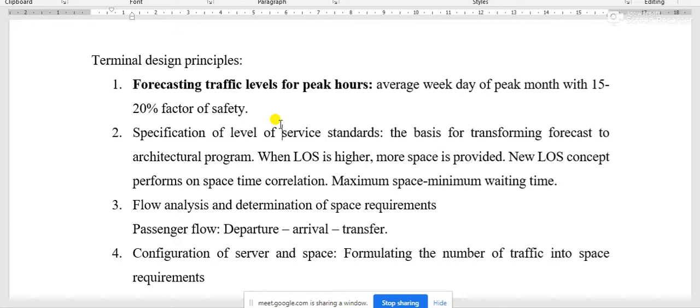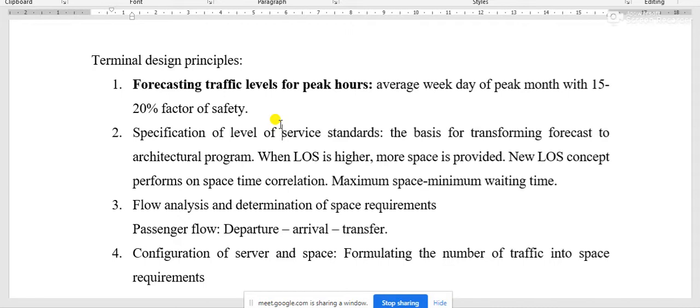That is, you have to forecast how much traffic there is, who will actually use the aircraft or accordingly the terminal building. That much traffic is actually the user of that terminal building.